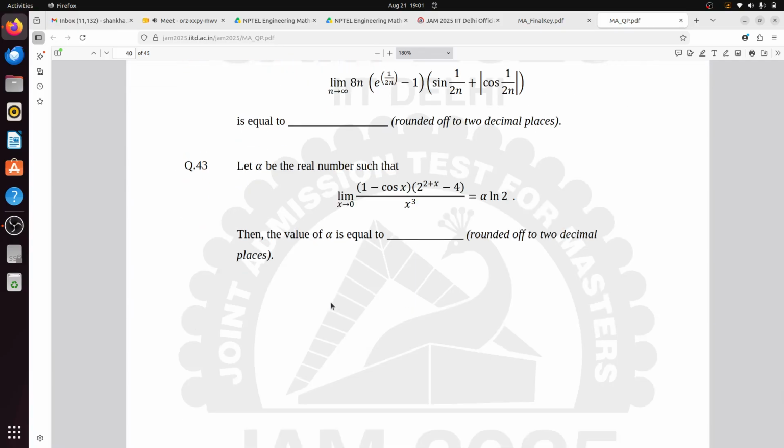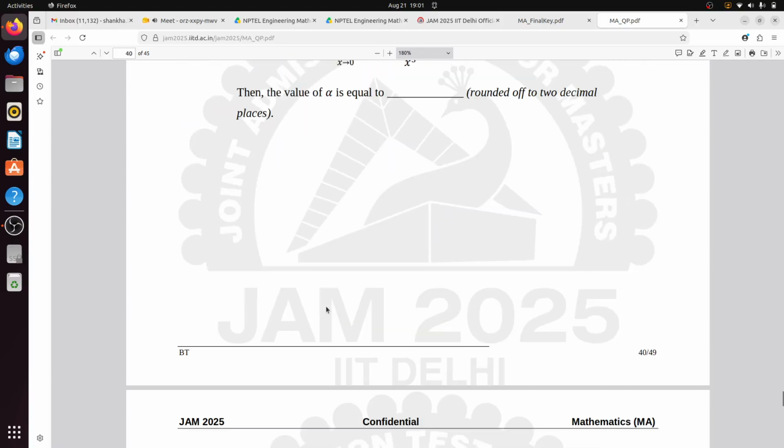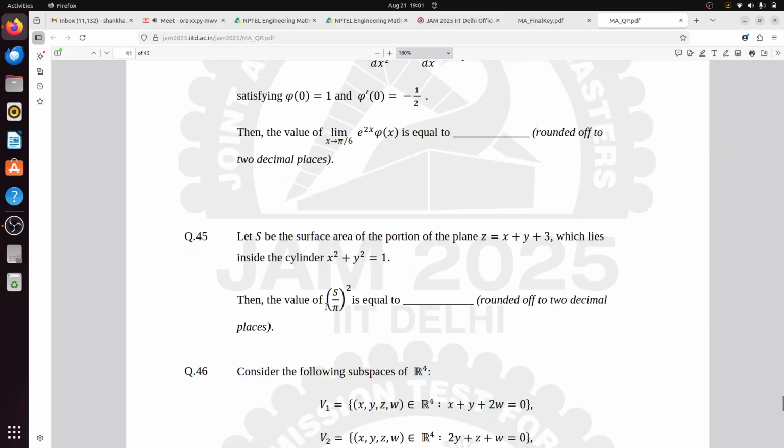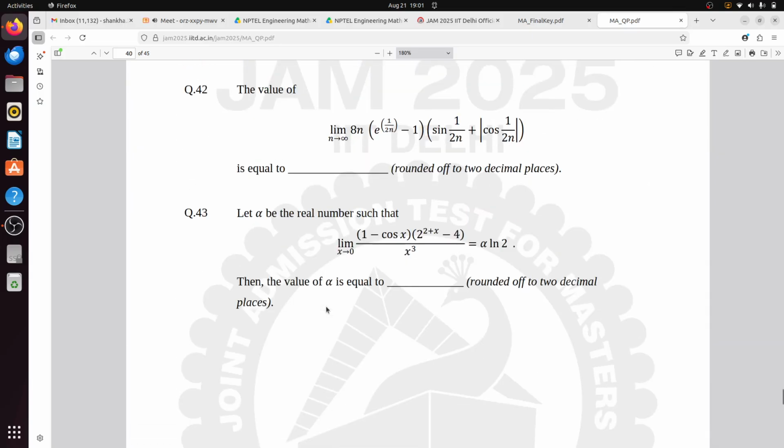Are there any problems? This is an easy problem. This also you can try. This is single variable calculus. We all know this type of thing. A to the power x, so 2 square is 4, so you can get 2 to the power x minus 1 divided by x cube. So you can adjust it by x.